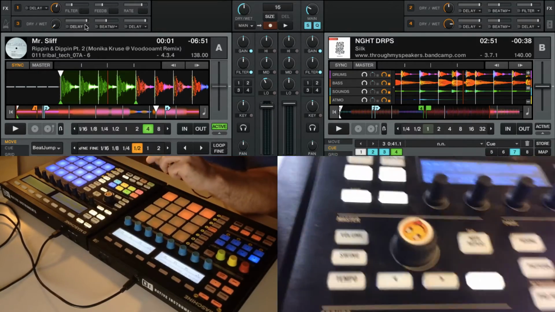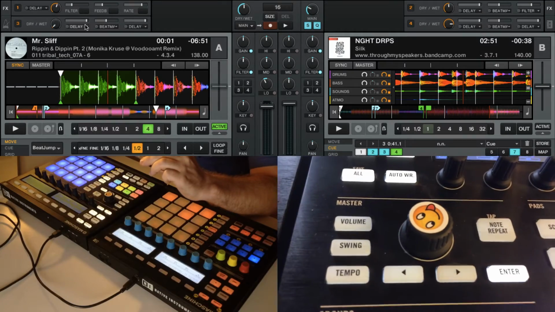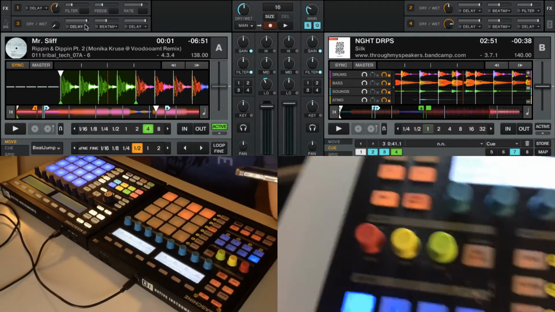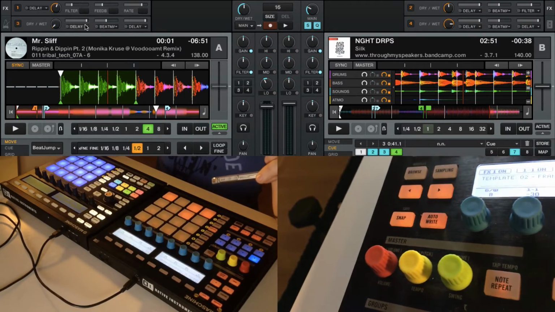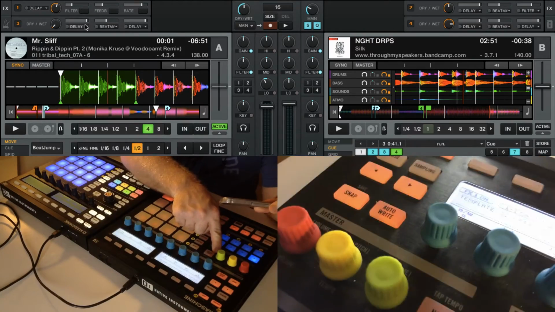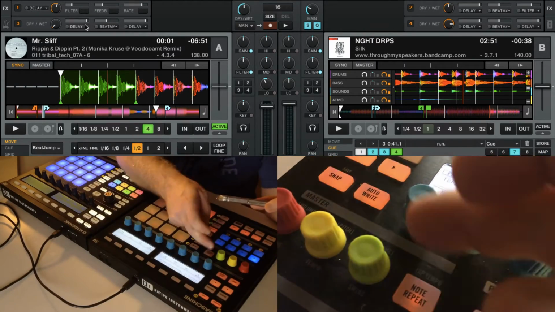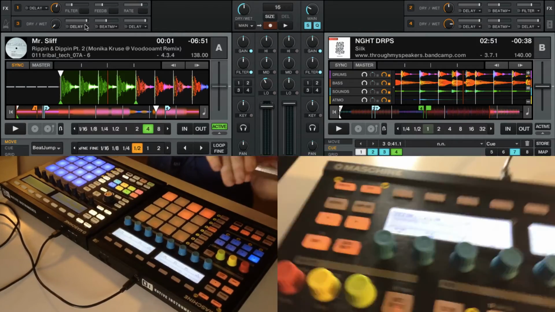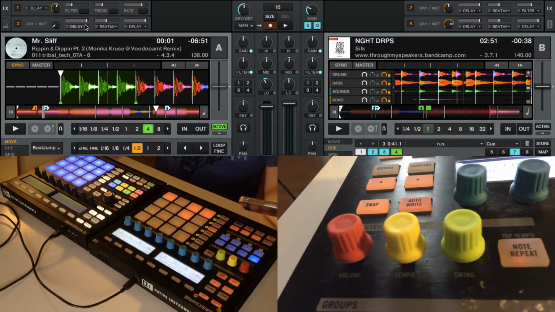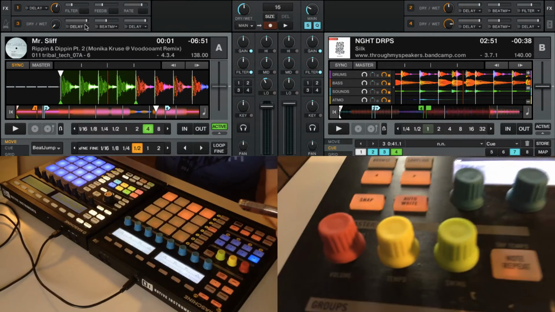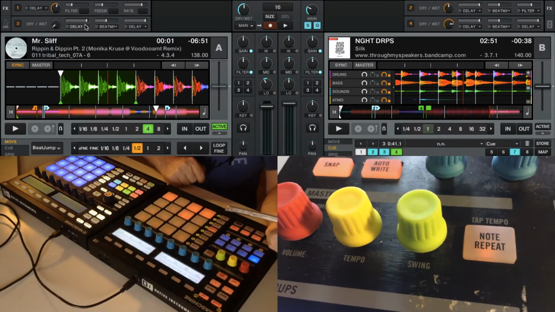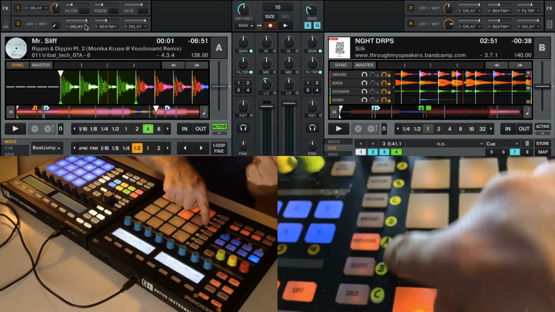Before I forget it, you see on the Mark II and on the Mark I we get two different master sections. You saw it for the browsing mode. We get over here the swing for selecting a track. When you have not activated the browser functions, this knob or encoder will stay still for the swing for your selected